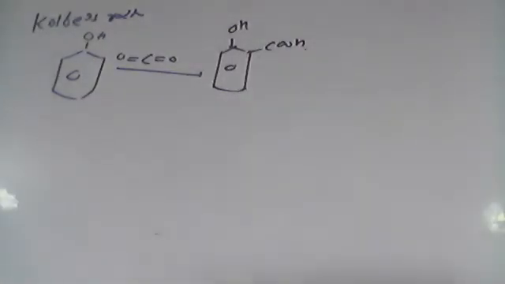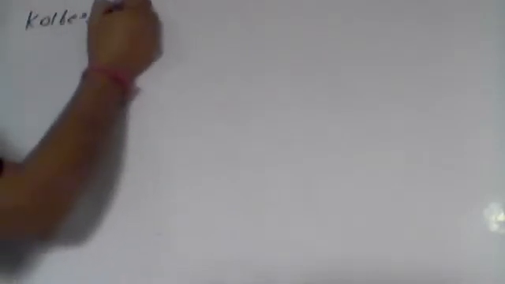Here what we are going to do is Kolbe's electrolysis. Let me write it down here for you, Kolbe's electrolysis. It's different, okay? In plus one we did it, let me repeat again. Kolbe electrolysis. We are going to take an aqueous solution of sodium or potassium salt, and then we are going to do the electrolysis and see the product we get. So I'm going to represent it in the form of a mechanism. Please focus on the board, and if some questions are there, then you can ask.